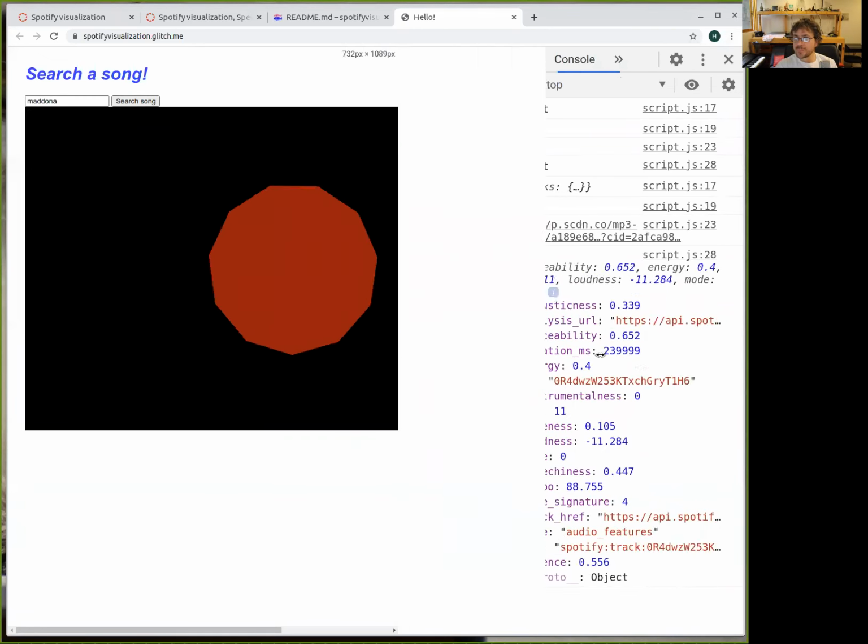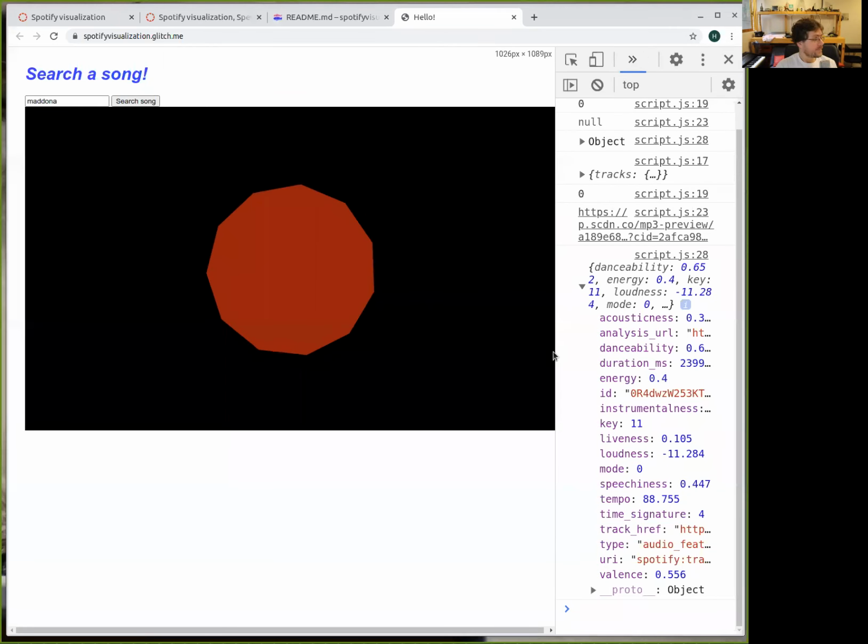Yeah, sure, teacher. What we did, we added sides of the polygon depending on which key it is. Also, the mode determines the background.